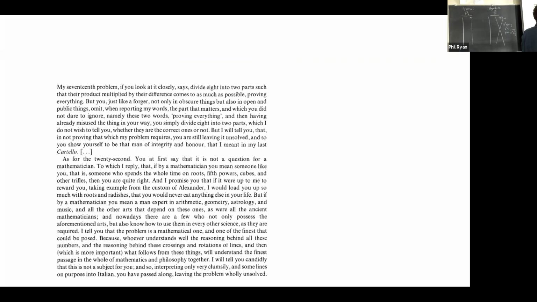And I promise you that if it were up to me to reward you, taking the example from the custom of Alexander, I would load you up so much with roots and radishes that you would never eat anything else in your life. But if by a mathematician you mean a man expert in arithmetic, geometry, astrology, and music, and all the other arts that depend on these, as were all the ancient mathematicians,"